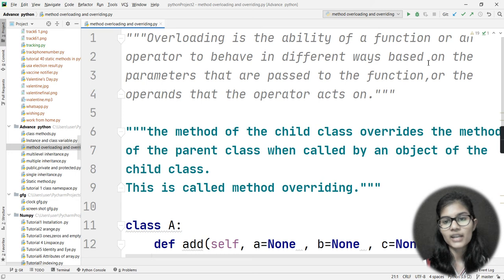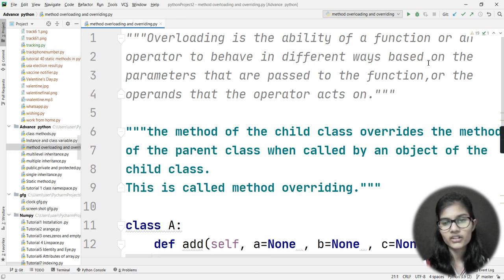If 3 parameters are passed, it gives the addition of 3. If 2 parameters are passed, it gives the addition of 2. And if these two conditions are not satisfied, then it says you should give at least 2 numbers for addition, right? So it depends on the parameters that are passed to the function or the operands that the operator acts upon.